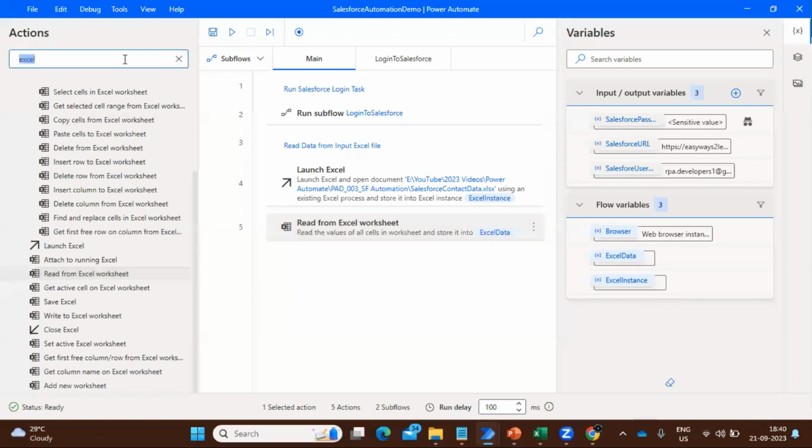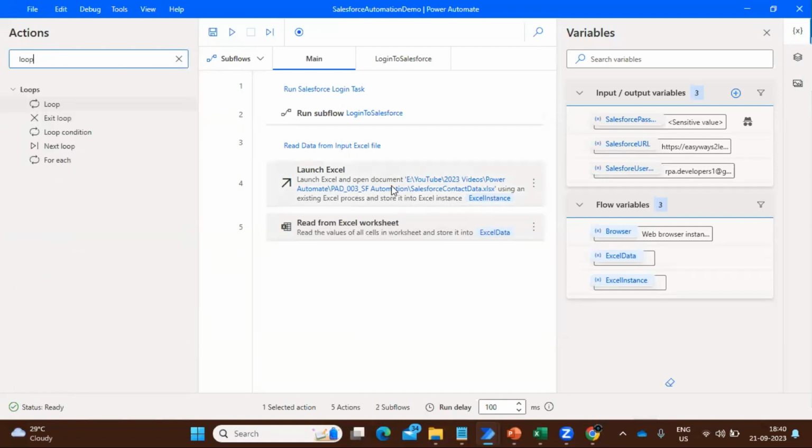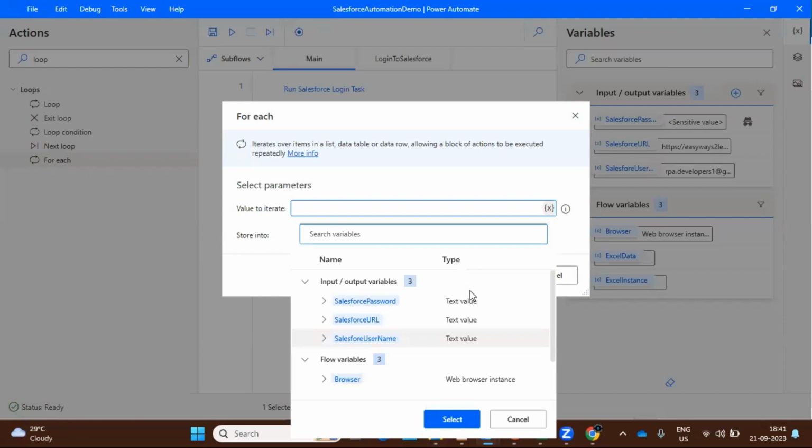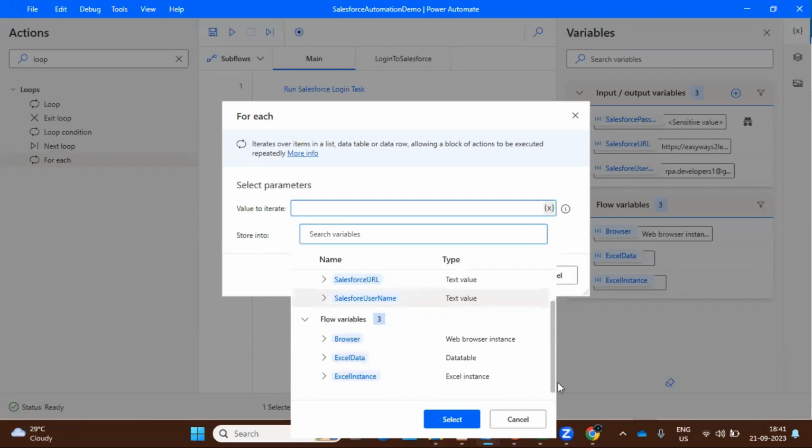Now let's see how we can read it. In order to read data, we have to use the loop, because this launch Excel will open the Excel and it will read and store data into this variable, and this is basically our table variable. So we will read data from this Excel. I'll use this for each, and here I will select the variable Excel data. You can see this is a data table variable. So let me click here,